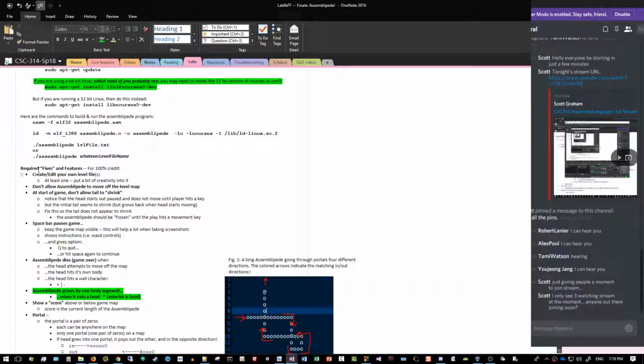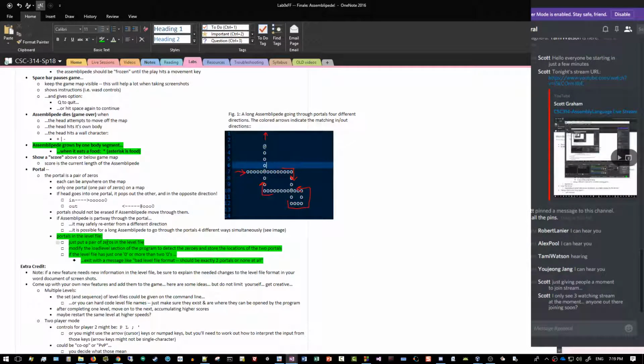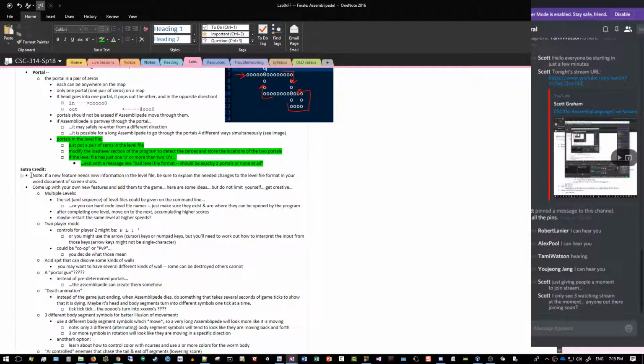So those are the things that you would actually need to do to add to this program. And then there's lots of extra credit options listed here. And these are just things that I've thought of that I thought might be fun. And you're welcome to think of any modification to this game you think would be fun, or if you look